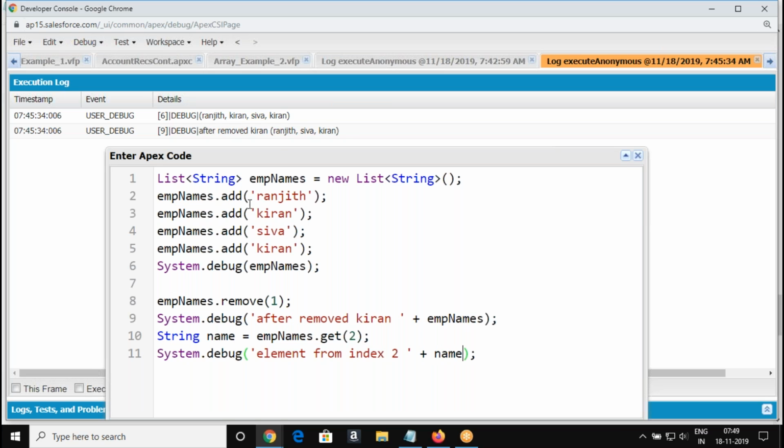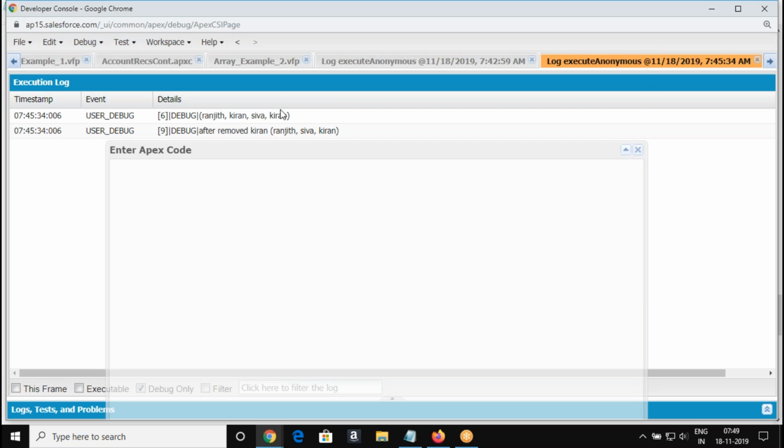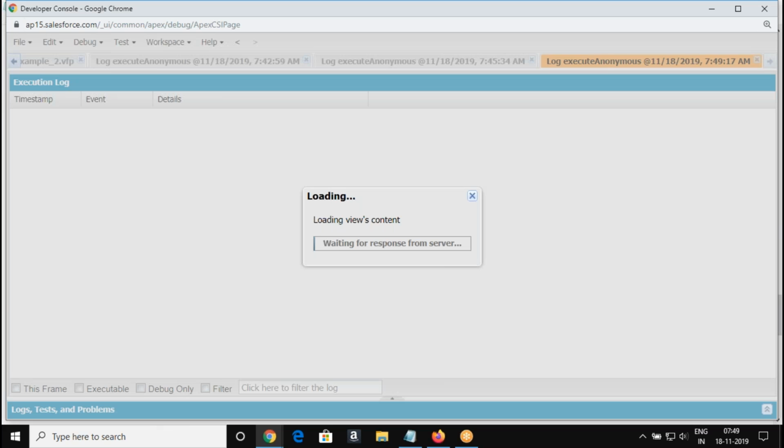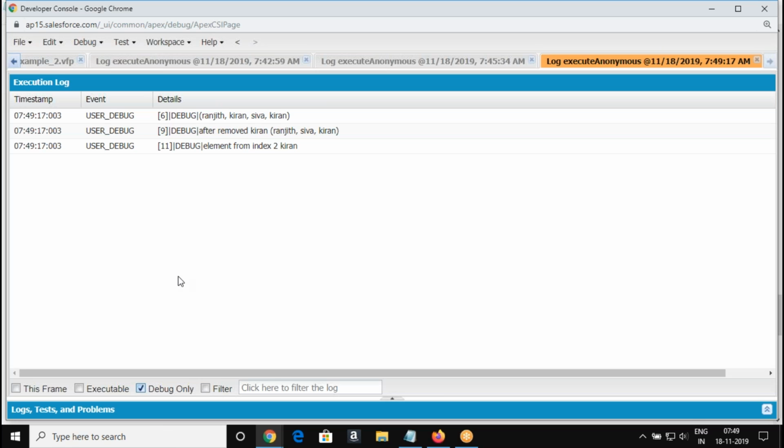Name. I'm going to display the name. So from the index 2, we have Kiran. We have got Kiran, right?